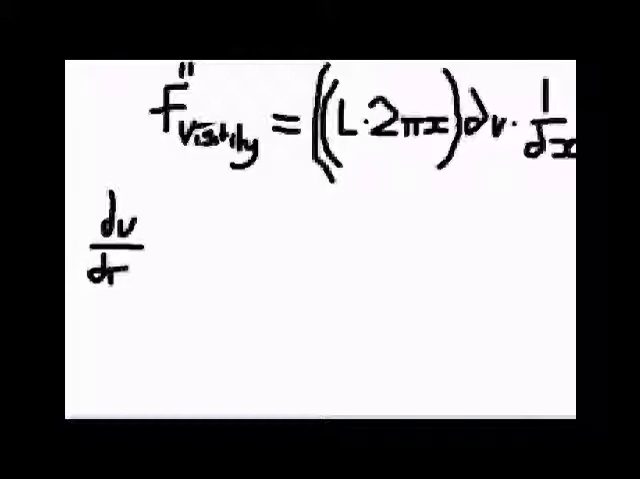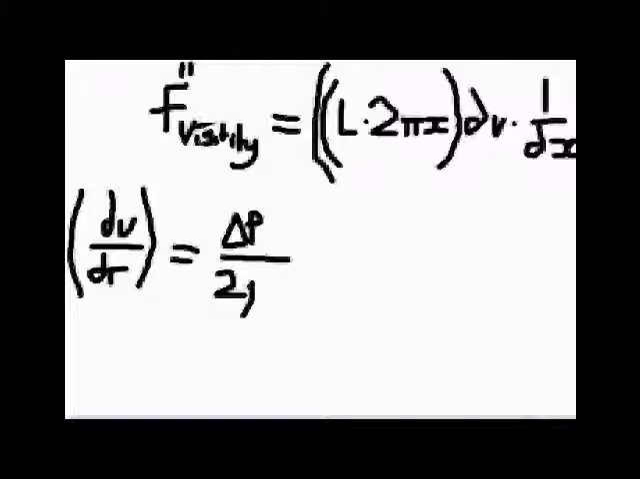So when we put them together and rearrange it, we can make dV by dr the subject of the equation, and this is quite important, because this allows us to now convert this into a differential equation. So by simplifying out, we get delta P divided by 2